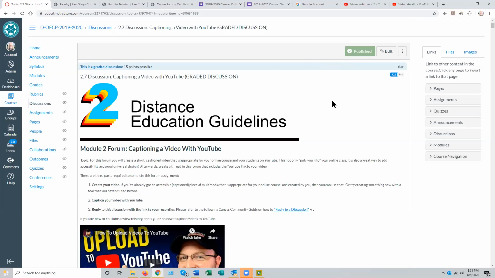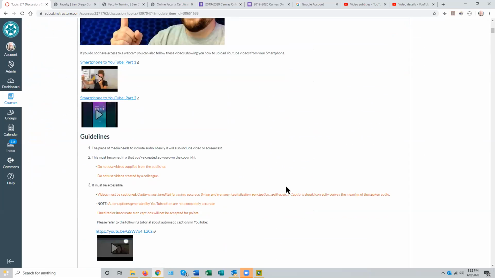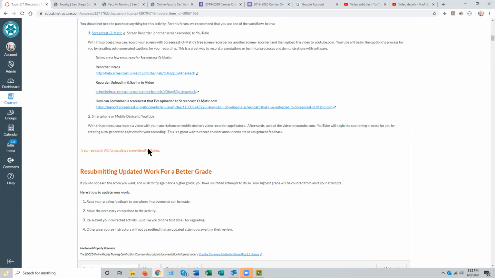Alternatively, if you record to your local computer, you can upload your Zoom recording to YouTube, just as I did the smartphone video, through your computer, and have it captioned on YouTube, and then proceed in exactly the same way I showed you. But probably it's easier to send it to the Zoom cloud. Once you do, it's easy to go to the Zoom cloud, edit your captions, get the link, and come back and paste it into this